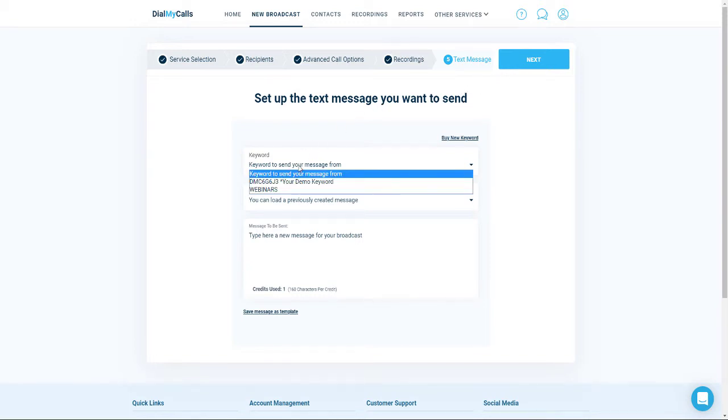It's now time to set up your text message broadcast. The first thing you're going to want to do is select the keyword that will be used when your texts are sent to your recipients. The keyword is going to be your unique identifier and how your recipients know who the text message is coming